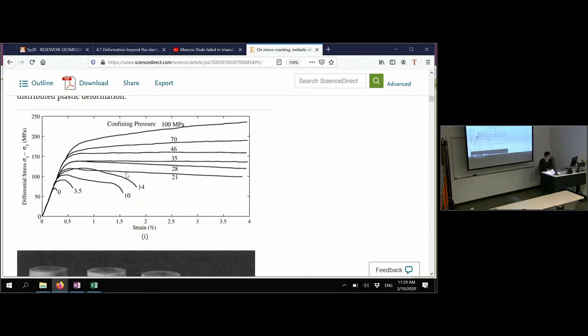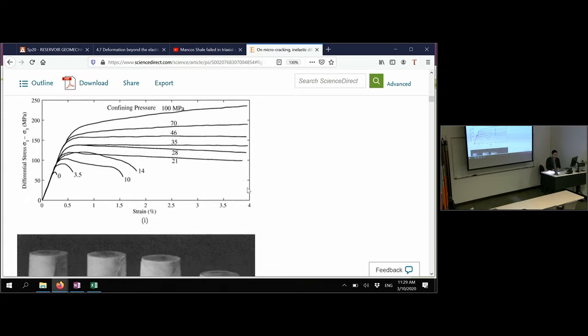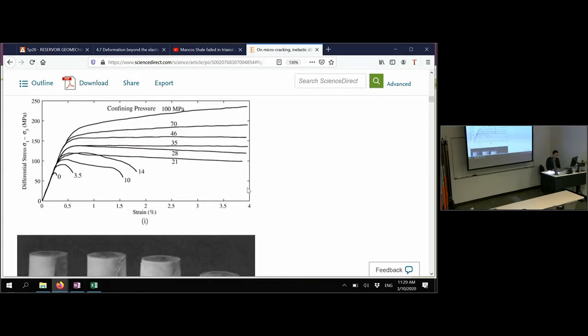It's just going to be like a flat line, like these ones, when we get to fault reactivation. And what that means is that that confining stress is providing that shear strength. If you don't have that confining stress, there is not going to be a shear strength. And you can conceptualize this